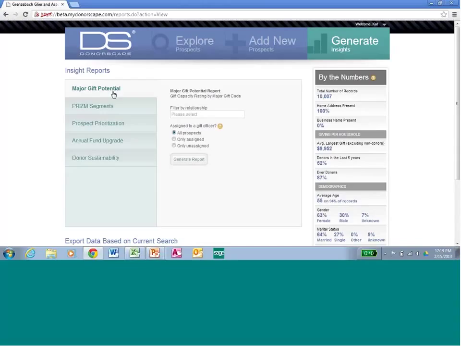So we have here the ability to see major gift codes by gift capacity rating, and we can